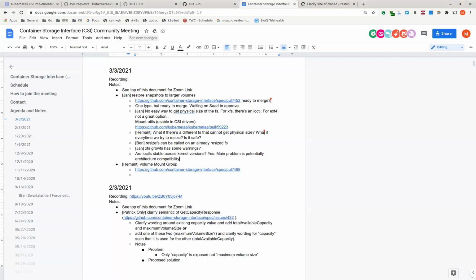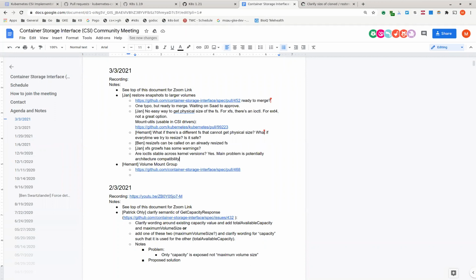All right. I think that sounds good, given that right now we mostly know about XFS and ext4 and we have solutions for those. Anything else on this topic?